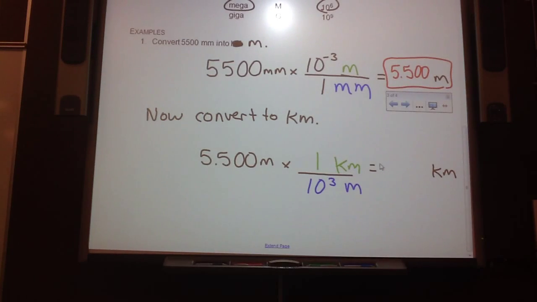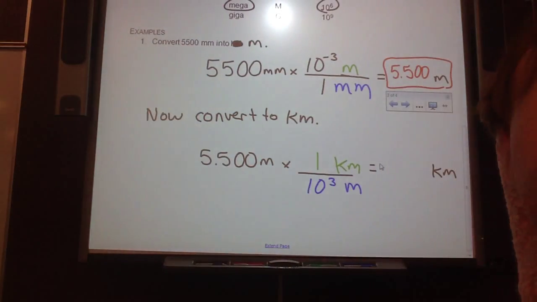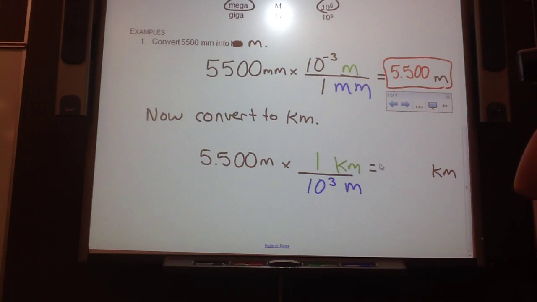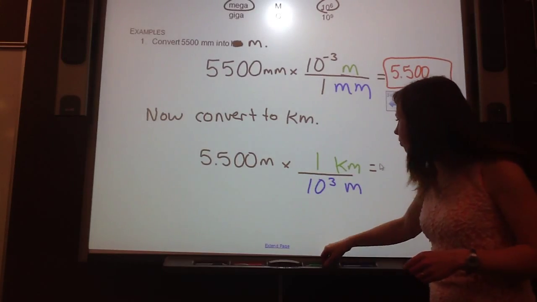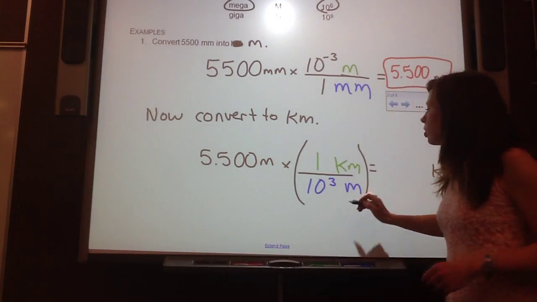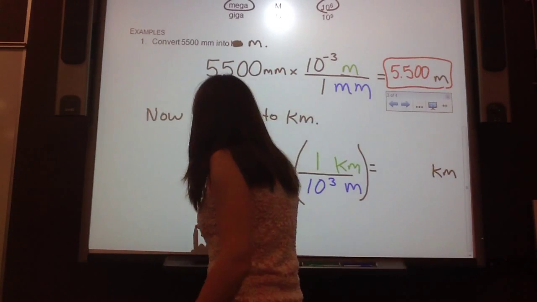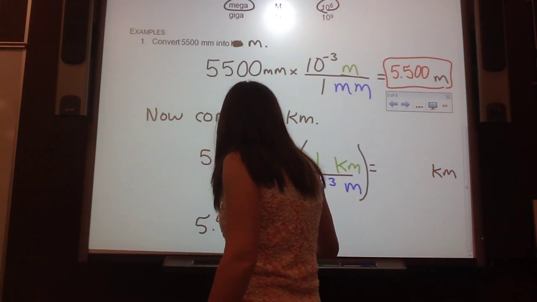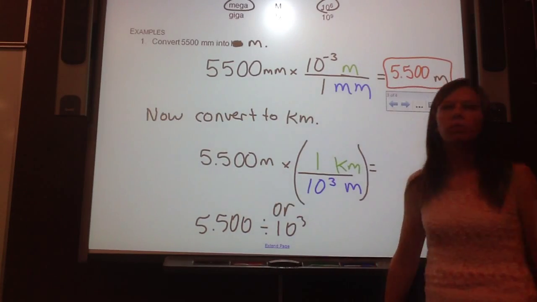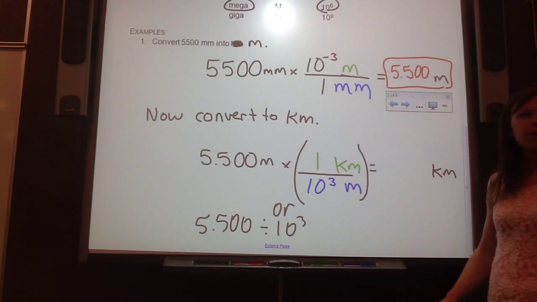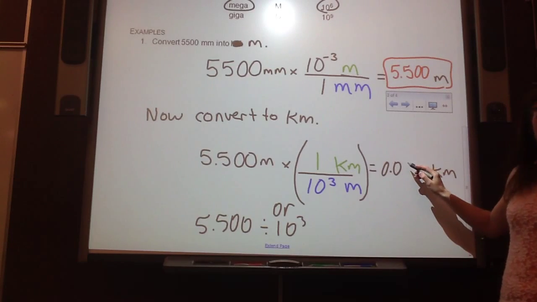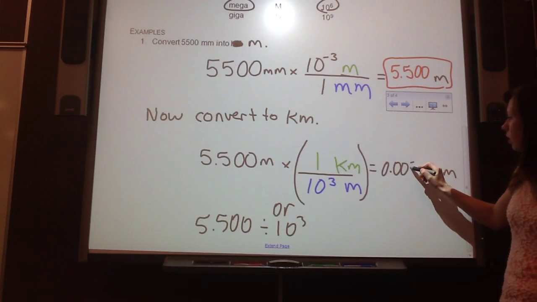here again, now if you put that into your calculator, what do you get? Yeah, you need to go times by 1 divided by this. So you might need to put this in brackets. Or it's the same thing as going 5.500 divided by 10 to the power of 3. Okay? So what value do you get? 0.5